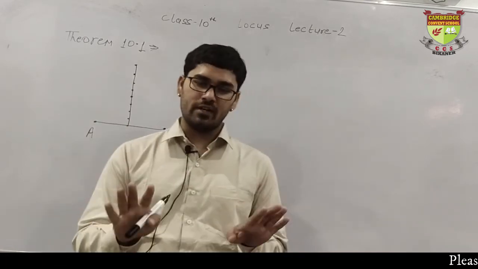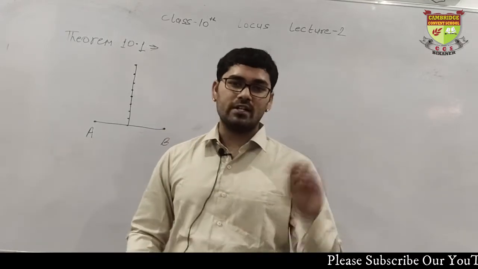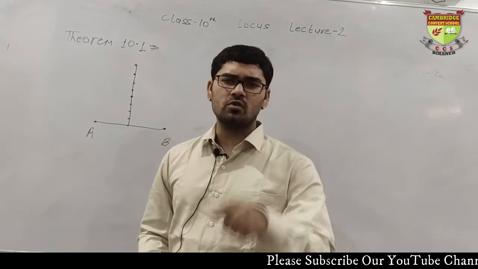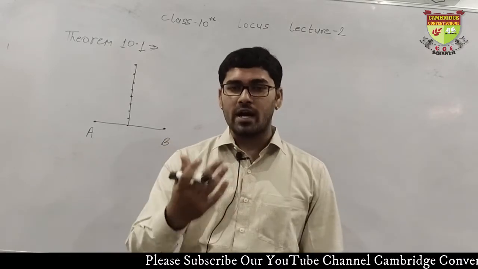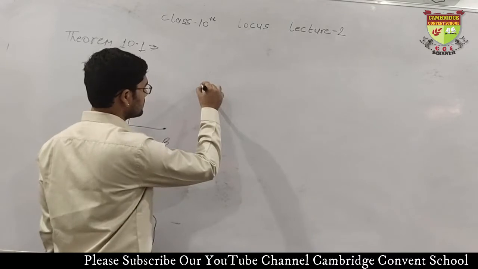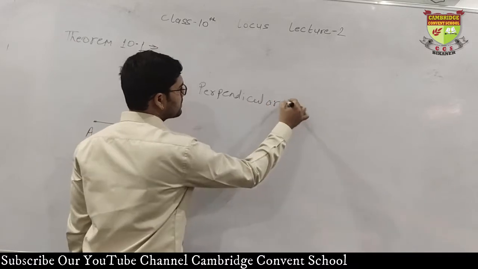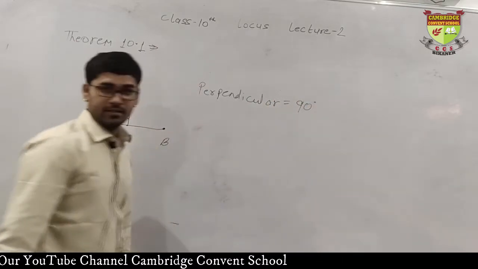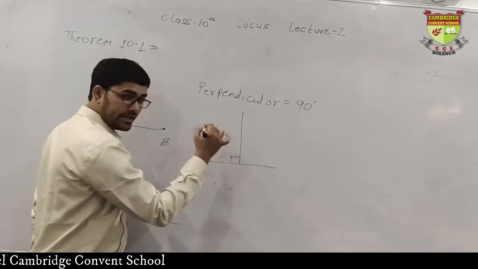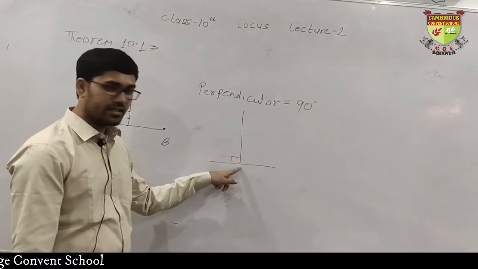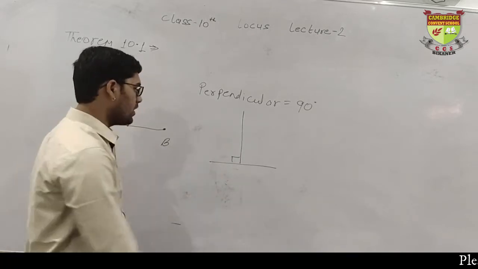If you have an idea, that's great. If you do not have an idea, I am teaching you from the elementary concept: what is perpendicular, what is bisector. You must know that, because it is quite easy. In spite of that, if many students do not know, I am explaining what is perpendicular. Perpendicular means an angle of 90 degrees. This is a line, this is another line. If this line makes 90 degrees with this, then it is known as perpendicular. And what is a bisector?